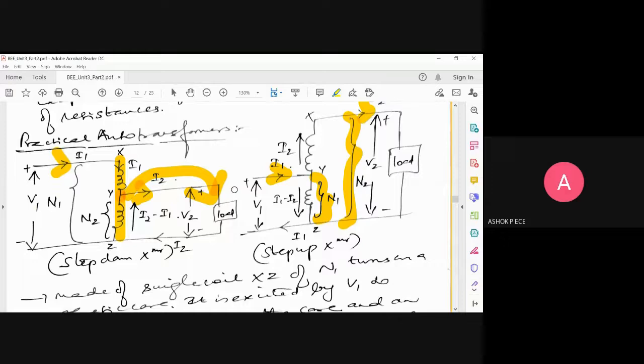Definitely this winding is around the core only. It is just like the entire core is wound with a single winding called primary, and the primary winding has a portion of it as secondary. So effectively, the magnetic flux linkage will be there. It will not be completely zero, but the output we take from the lower half of the winding, so there the flux linkage will be minimum only. Out of total flux, we are taking only a portion as output, right?